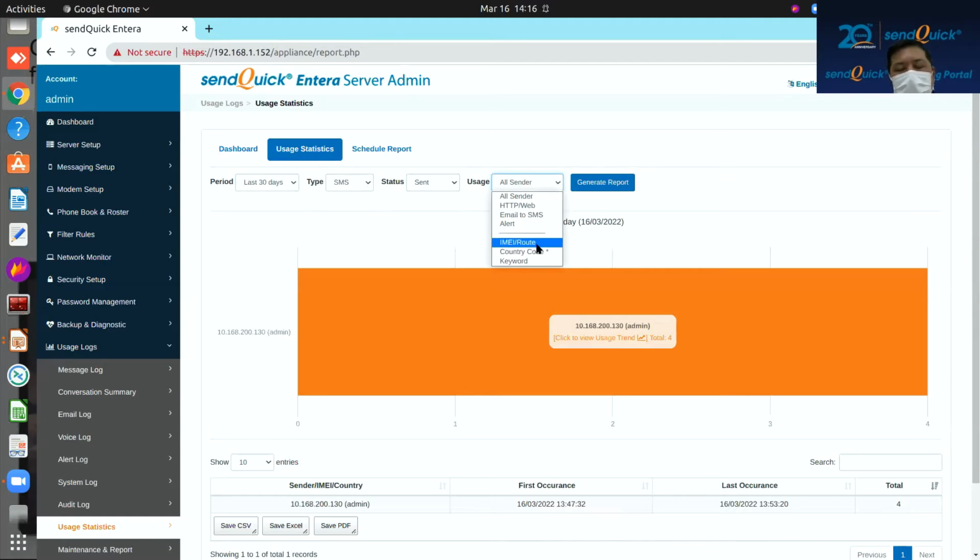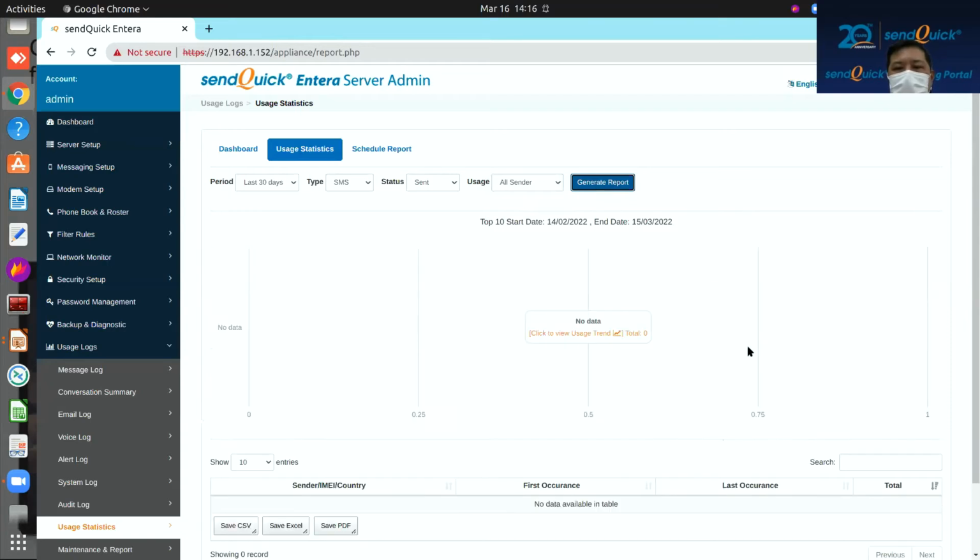For example, as just mentioned, maybe you have more than 2 modems, so you can generate based on the IME number. It will separate the report into 2 different modems. So once you generate,